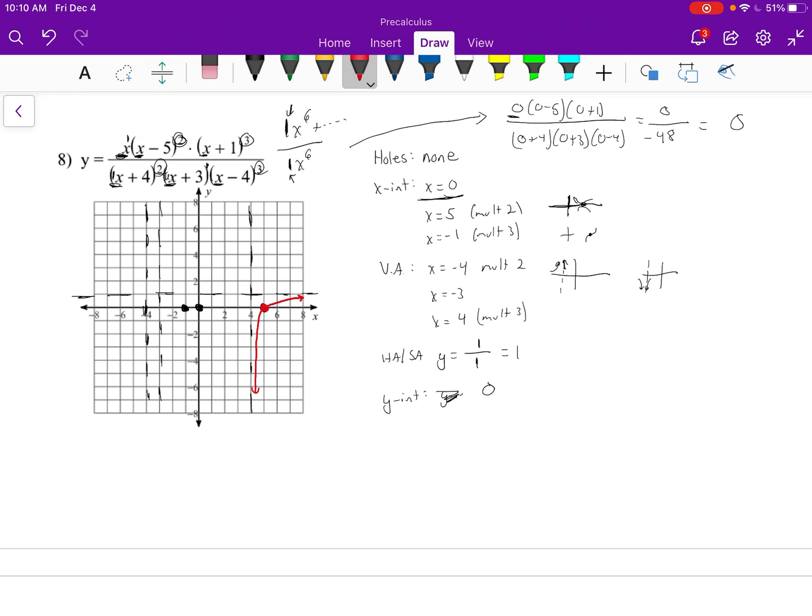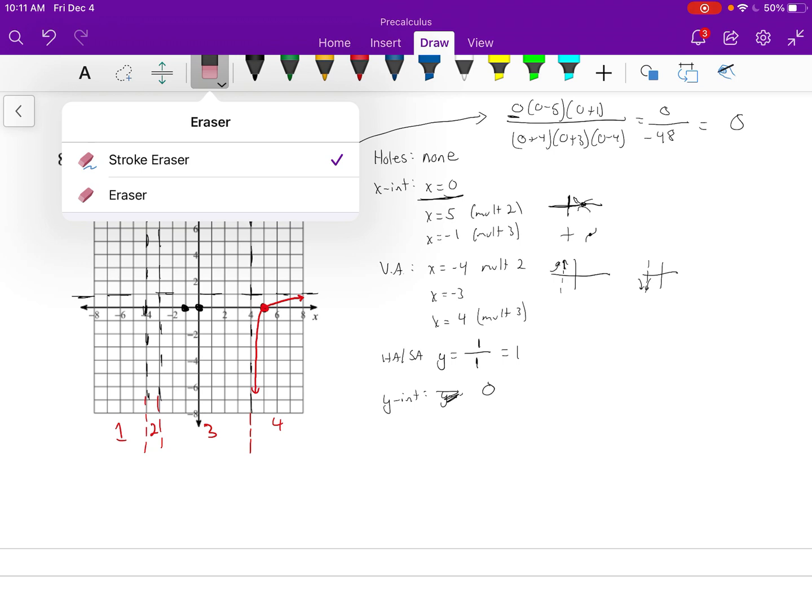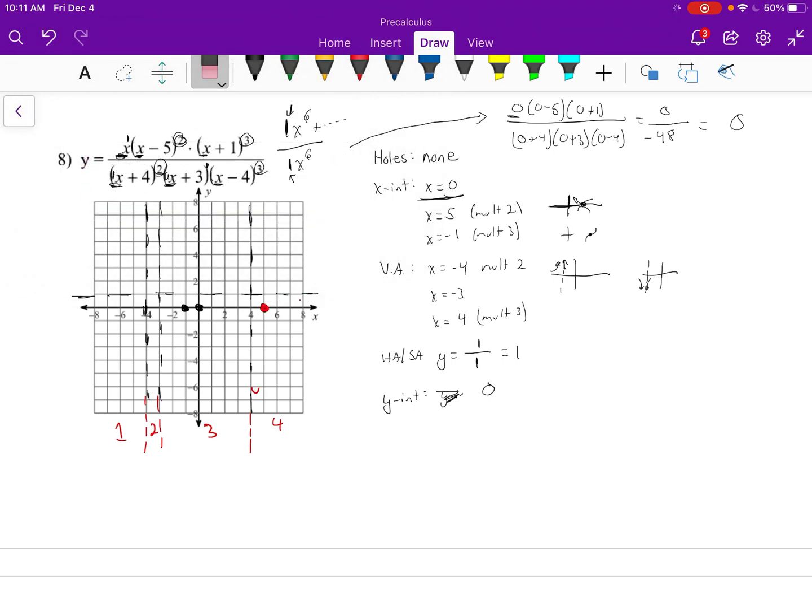So I should have mentioned we have 3 vertical asymptotes, so it splits it into 4 different sections. Very small section here too. And so we have to figure out each section. All right. Except I did something wrong already. Let me see if we can erase this, what we just put here. I forgot